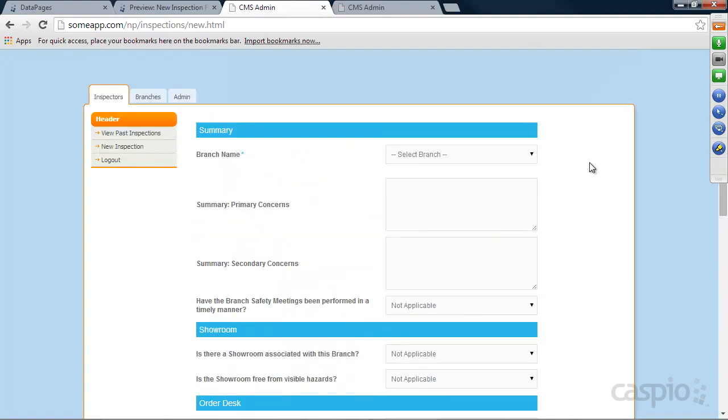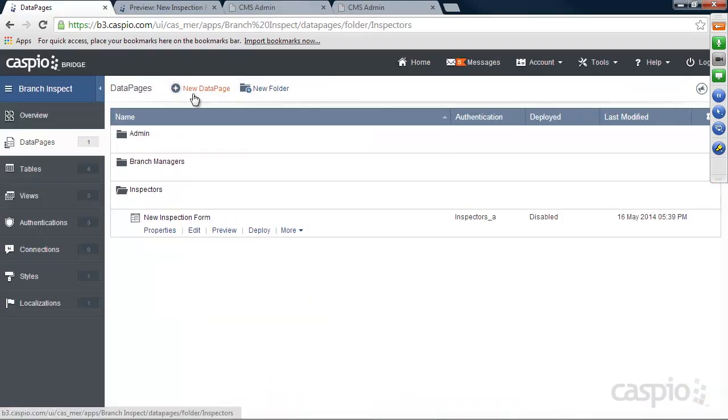But anyway, so let's move on since we don't have too much more time. So let's go back to our data pages. And now that this main form is built and now you can submit the inspection, you can also build a data page for the inspectors to be able to review those inspections. And for that,